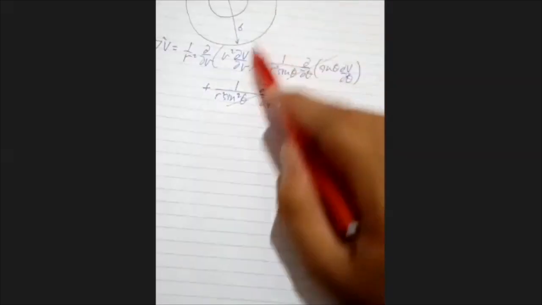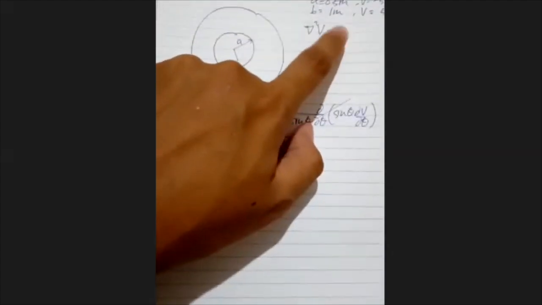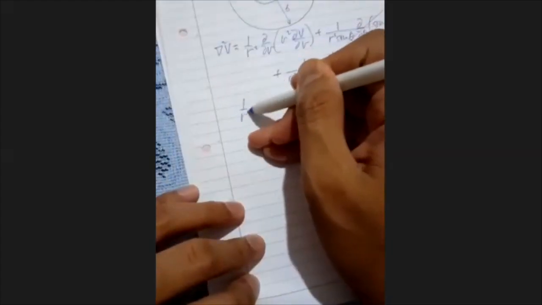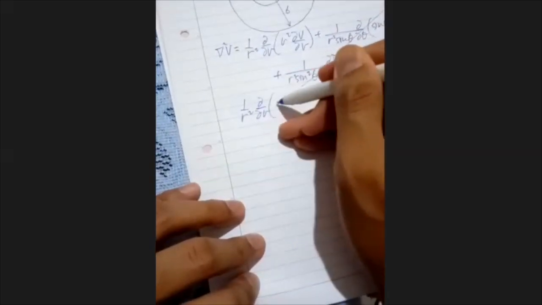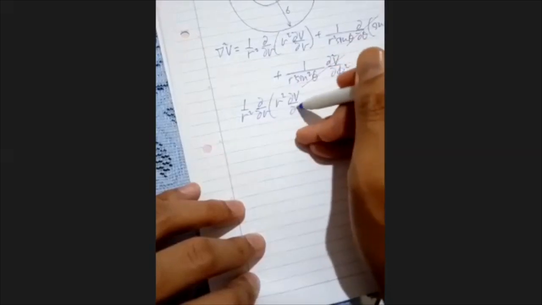Because V only varies with the radius, just focus on the r term only, and we know this equation will equal 0 because it is a charge-free medium. So let's equate them: 1 over r squared d over dr, r squared dV over dr,